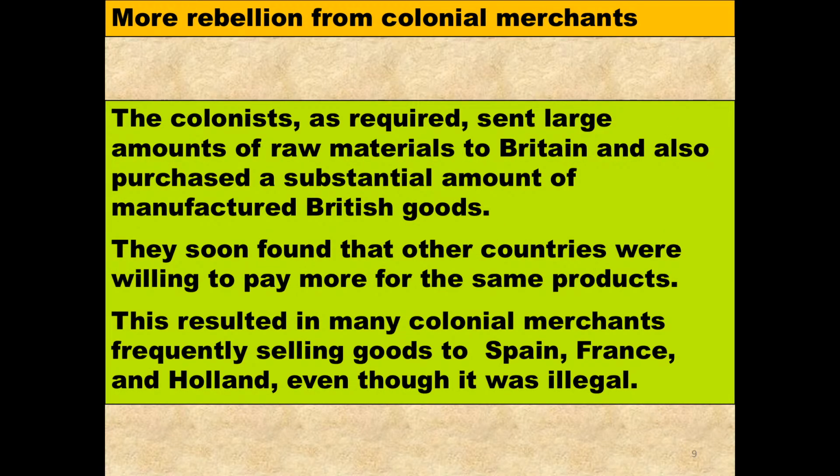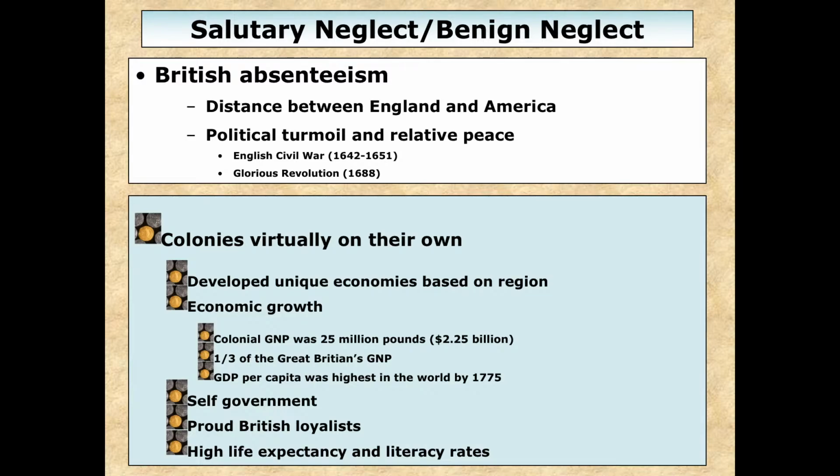The colonists are going to do some side deals with Spain, with France, with Holland. Yeah, smuggling is still going to happen. And it's kind of funny because the British at this time are trying to enforce more of the Navigation Acts, but they're kind of their own worst enemies with this because they practice salutary neglect. They look the other way. They're the bad parents who let you do what you want to do. So that's what they did with the 13 colonies. That's what they're doing at this time. It's British absenteeism, otherwise salutary neglect, right?